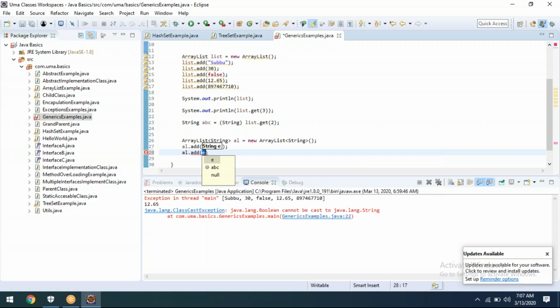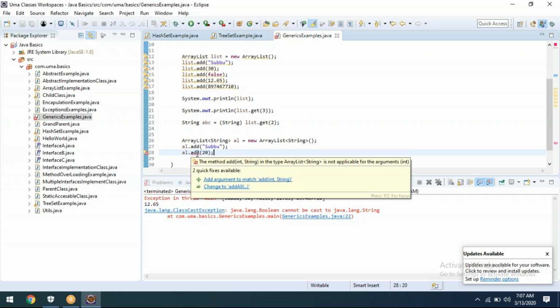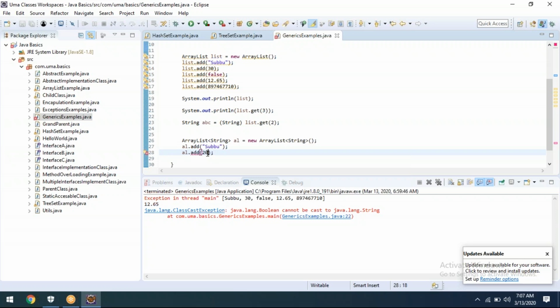Let's say for example, if I give 20, does it allow or not? It says an error message: the method add of string in the array list is not applicable to the argument. It doesn't allow.